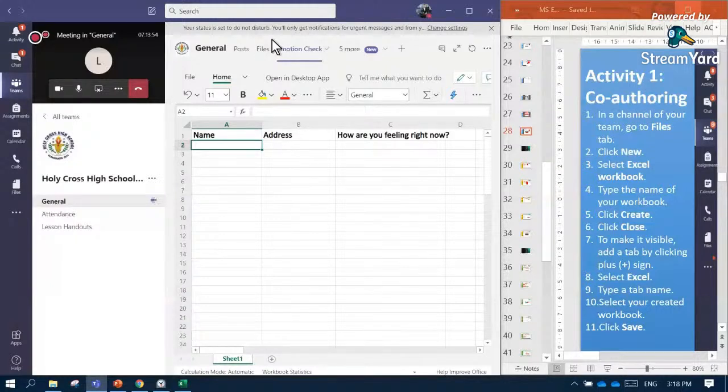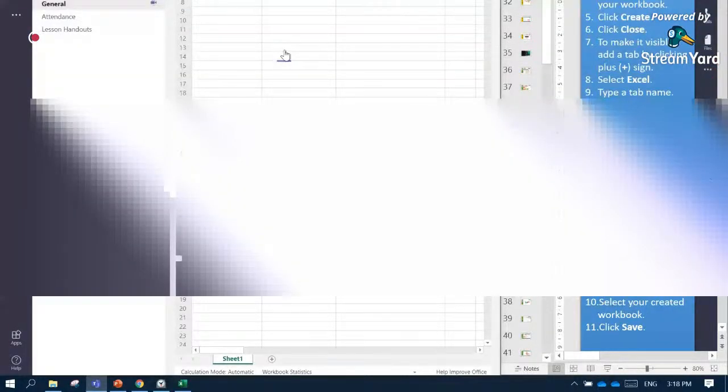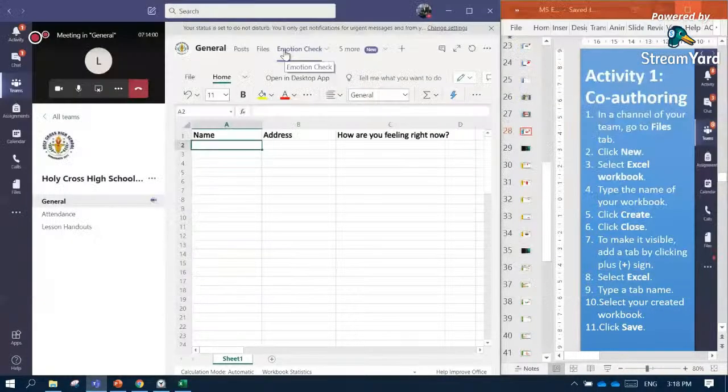Can you not access the tab that I have created? No. So if you cannot access this because you are a guest of a different tenant... Sir Kent can only access because he is using the same tenant as mine.